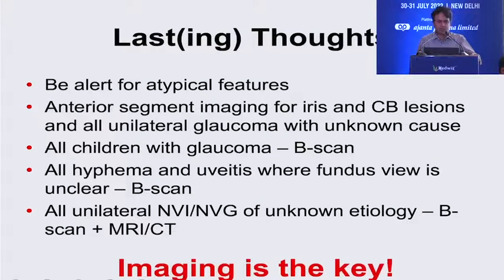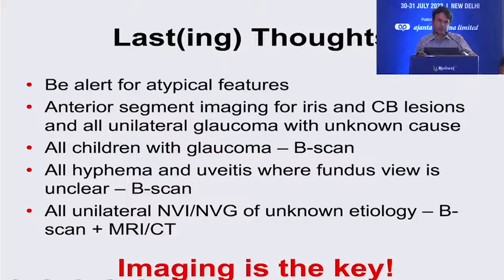So thoughts for the general ophthalmologist is that if you are aware of atypical clinical features such as unilateral glaucoma in a young adult, you should definitely investigate. If you have anterior segment imaging for iris and ciliary body lesions, then you may not miss that there is an underlying tumor. All children with glaucoma should have a B scan for sure, and also an immersion B scan